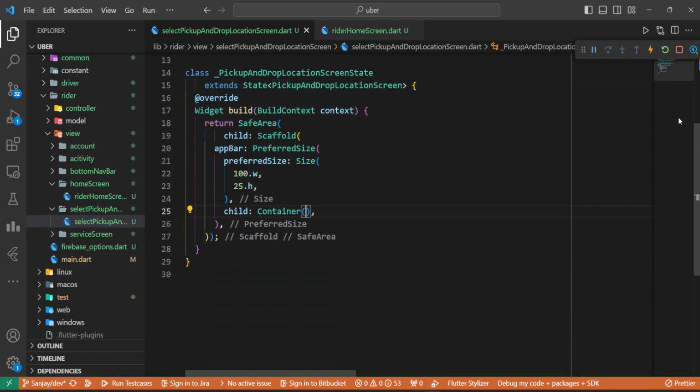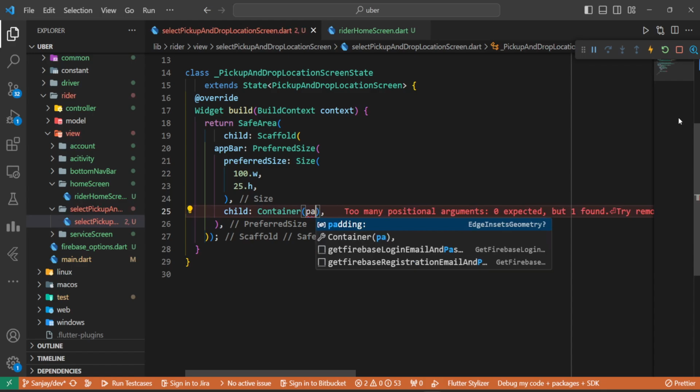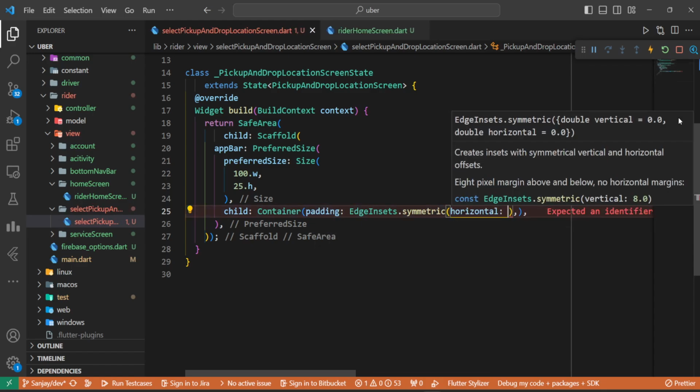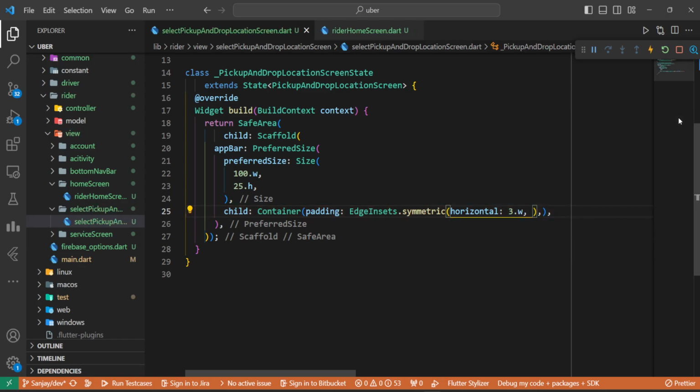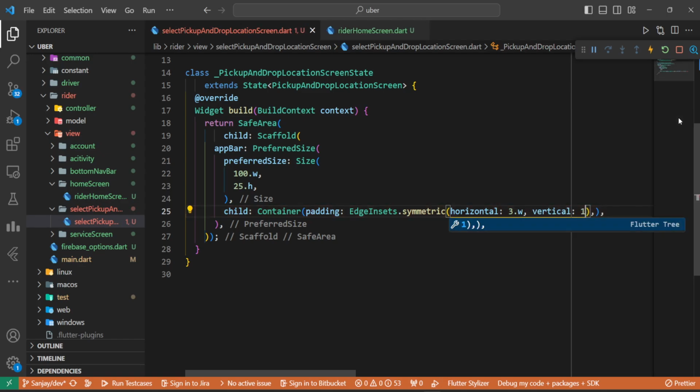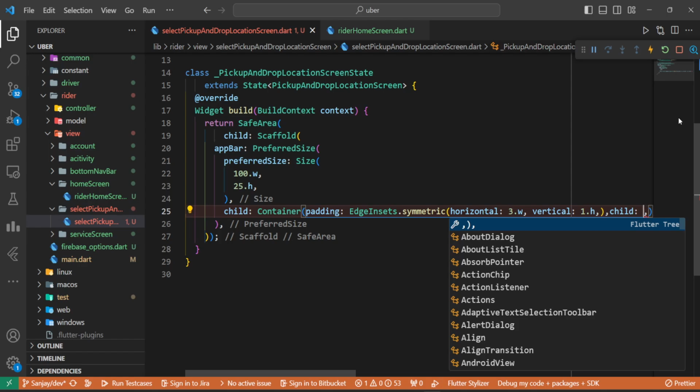And here in container we want to make sure that we do have a little bit of padding. So here we will come up with padding EdgeInsets.symmetric, horizontal it's going to be 3.w, vertical it's going to be 1.h. Now let's come up with child. Here we are going to go with column